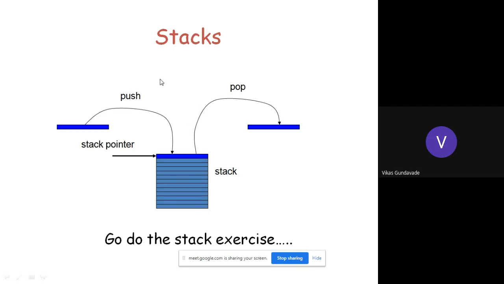When the push instruction is getting executed, first the stack pointer will get incremented by 1, then the data is stored, and when the pop instruction is getting executed, then first the data will get retrieved, and after that the stack pointer will get modified or changed. Okay, so everyone is getting it?